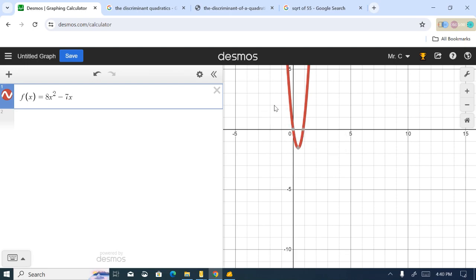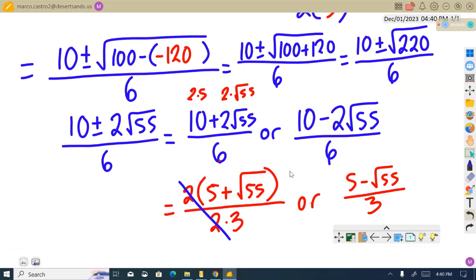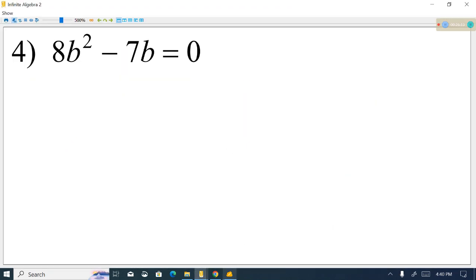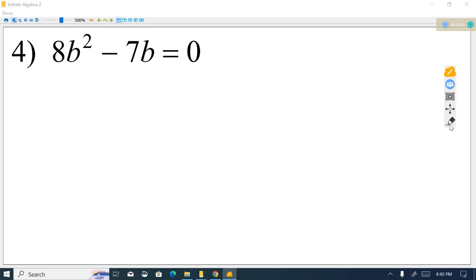And this is what the discriminant tells us, right? It tells us something about the nature of the solutions. In this case, we know that this would be a rational solution. So let's go figure that out, because that's like the next little thing we have to learn about the discriminant is, are they going to be positive solutions? Are they going to be rational solutions or irrational solutions, right? So